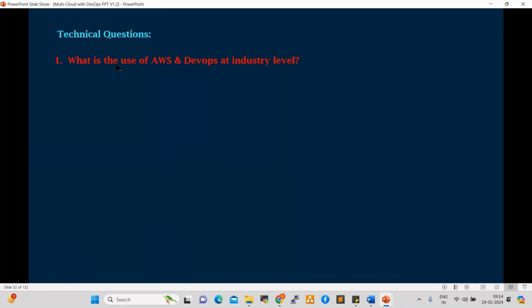Because of automation, right? So we are using DevOps tools to automate the activities. Yesterday I gave one example, a Java deployment example. If you want to deploy Java manually on 1,000 servers, it takes 10,000 minutes. But when we use Ansible, within 1 minute we can deploy Java on 1,000 servers, even 10,000 servers also. By a single click, we can deploy Java on n number of servers, right?